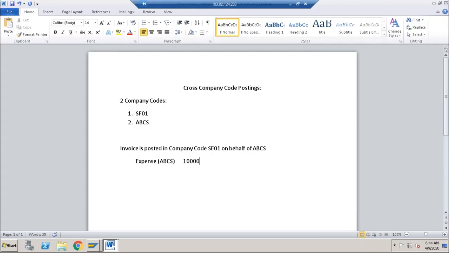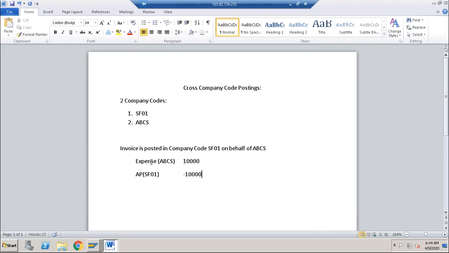But we are booking this invoice in company code SF01, so definitely the vendor liability will be created in company code SF01 only. So the credit line would be accounts payables, because you are creating the AP invoice, but this would be for company code SF01, with the same credit amount.